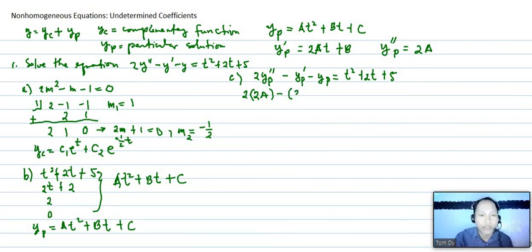So minus (2at plus b). Next, minus y sub p. Y sub p is the equivalent of a t squared plus bt plus c, which is equivalent to this one, that is t squared